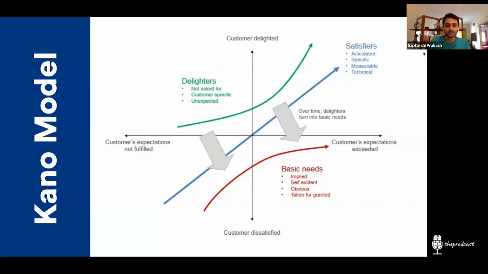So if you step into a restaurant and you get a free welcome drink, that's a delighter, right? But if you step into a restaurant and you don't find seats, that's a bad thing. It's a frustrator, because it's one of the basic needs, right? But the welcome drink is a delighter. But think about it. If you keep getting that welcome drink again, it becomes your habit, and it becomes a basic need or a satisfier for you. So if one fine day you go to the restaurant and the welcome drink is not given, it might even frustrate you, right?